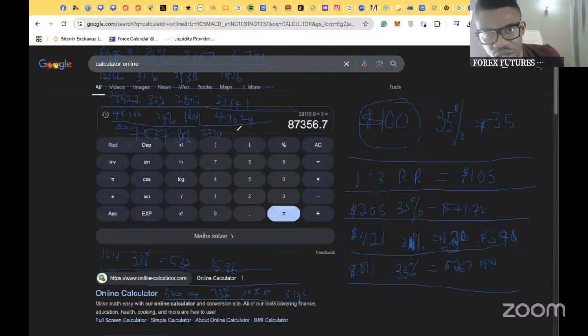Then if it goes well, you are making 87,356. And then that gives you a total of balance. Your balance at this 11th stage will be